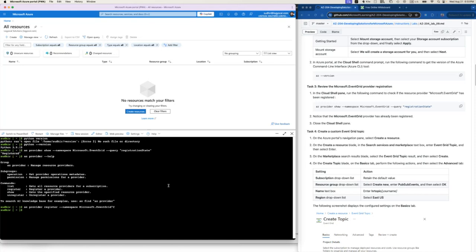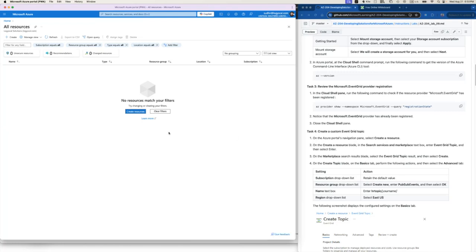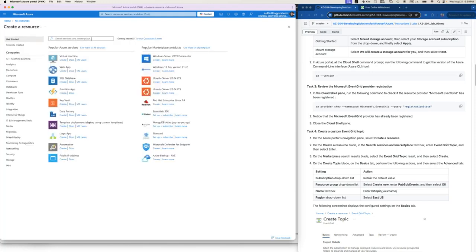So the next one, what we will do, this is just for this particular bar cell, this is what we wanted to do, right? And we know it's registered, right? So let's close it. We don't have to go with that. Now what we have to do, we have to